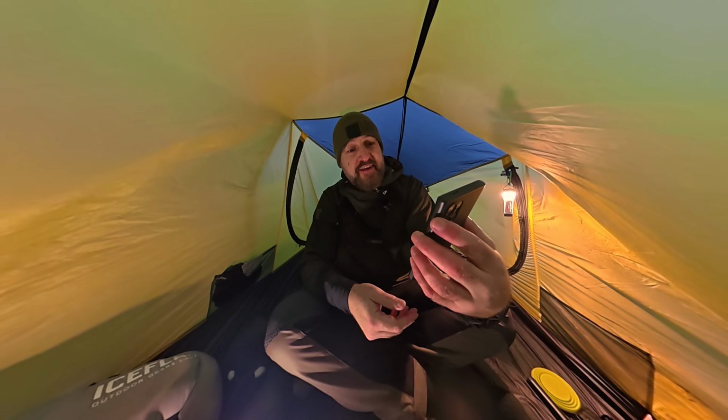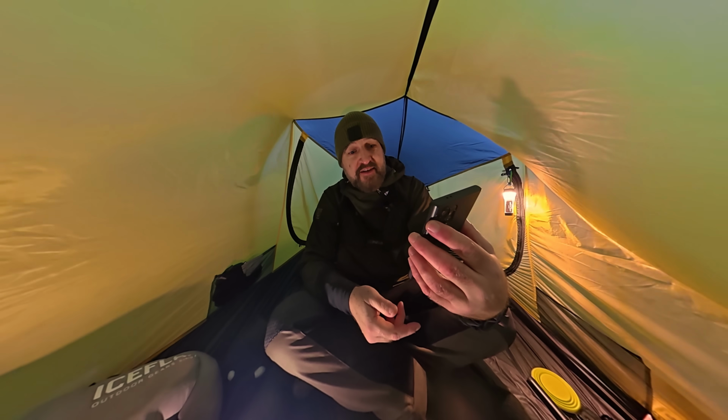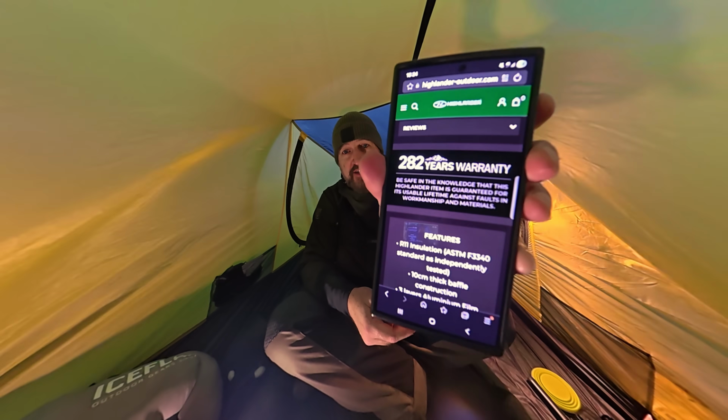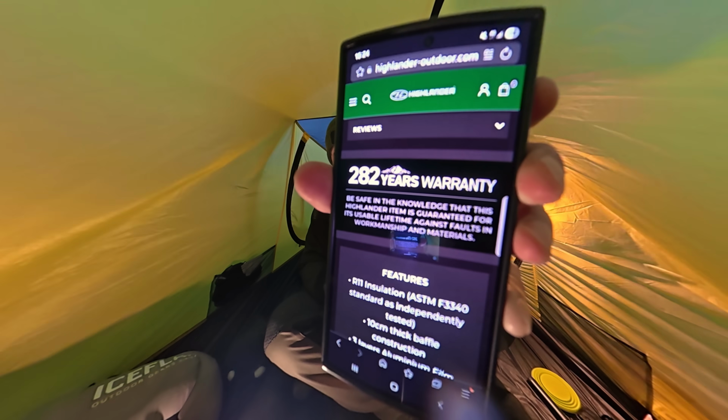Now, the argument for spending another £150 would be, yeah, you get a Thermarest, you get a lifetime guarantee, but you also get a lifetime guarantee on this mat as well. So they have a 282-year warranty. It says, be safe in the knowledge that this Highlander item is guaranteed for its usable lifetime against faults in workmanship and materials. So there you go. Take that, Thermarest. So the size of this mat is 190 centimeters by 63 by 10 centimeters deep, and it